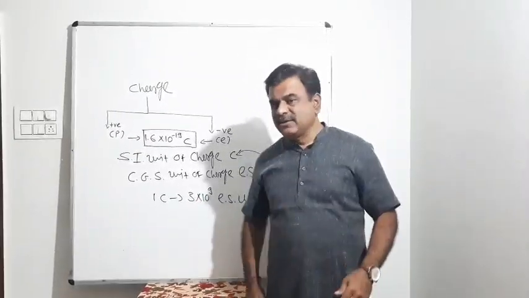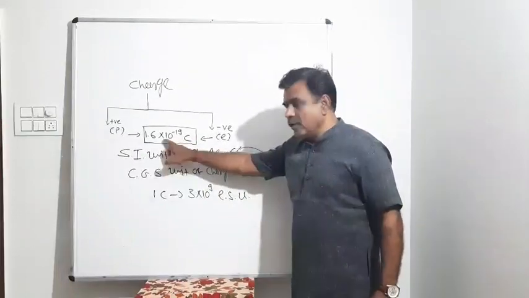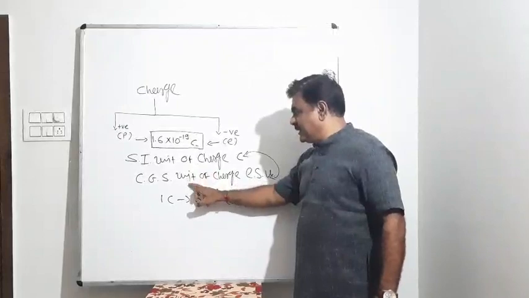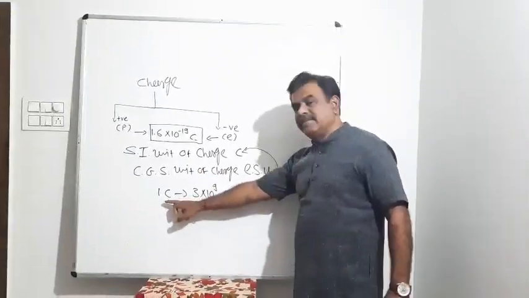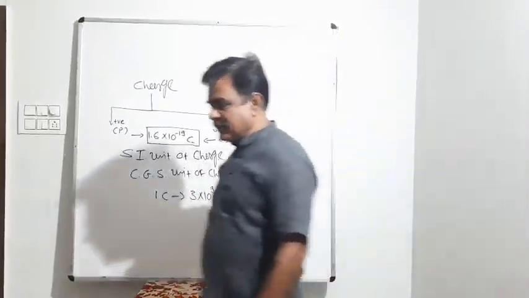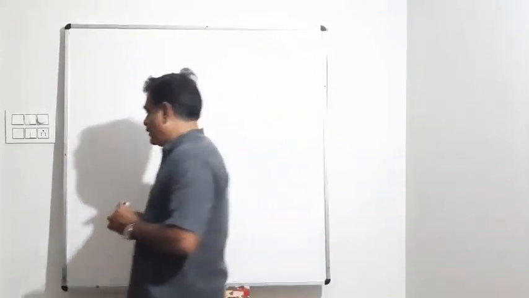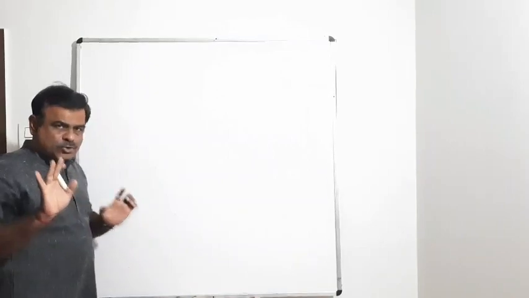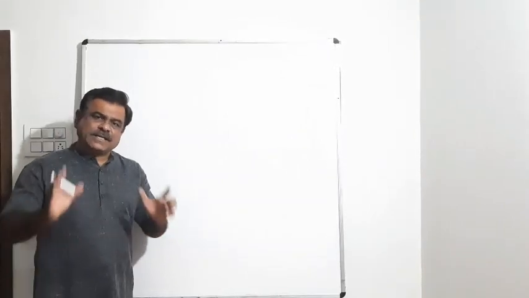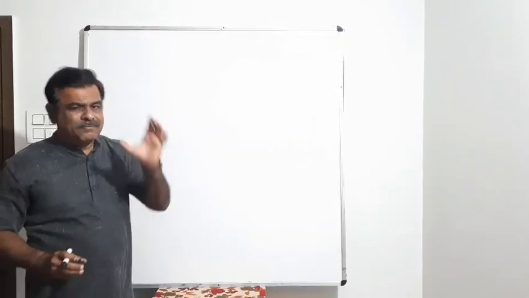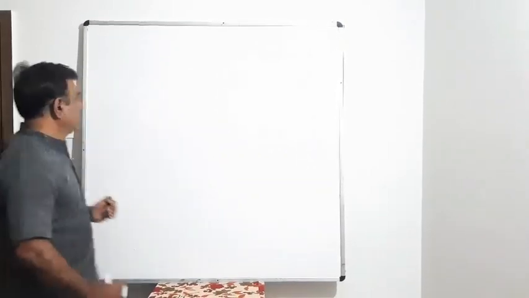Yes, these were basic things to start. The value of basic charge, SI unit and CGS unit of charge, and the relation between them, you are supposed to prepare. Moving further, as far as charge is concerned, we have already discussed that electron and proton are identical. But remember one more data, mass. You are not supposed to mug up; it is just for understanding. Otherwise, in NEET, JEE or board exams, this kind of data will be given to you.